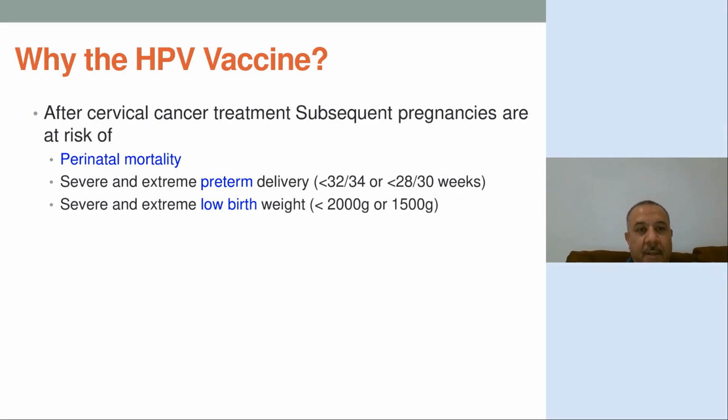So if we manage to treat the female by saving the uterus, and this female gets pregnant in the future, this pregnancy will end up with a high risk of complications like perinatal mortality, preterm delivery, and low birth weight. So yes, the cervical screening program is very effective. It prevented many cases of cervical cancer or advanced cases of cervical cancer, detected early cases, and saved the lives of many females, but still we are not reaching optimum prevention.